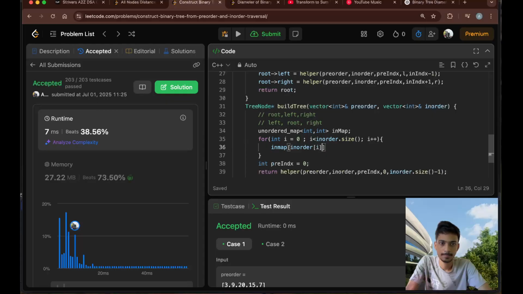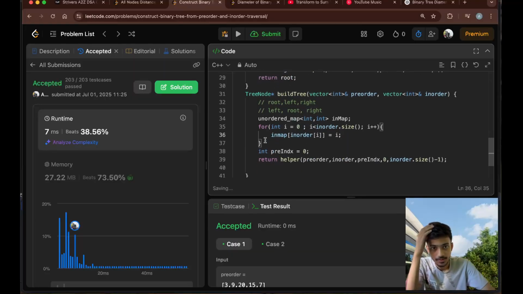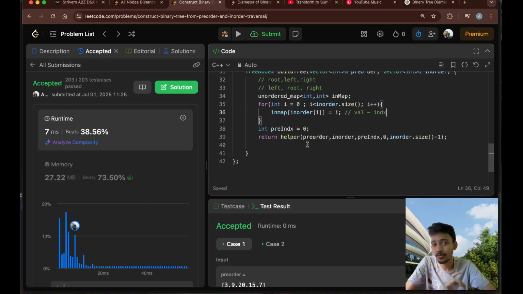Let us say it is working for n times. All the values to index are stored in the map, then it is very easy for us to search it in the map, because